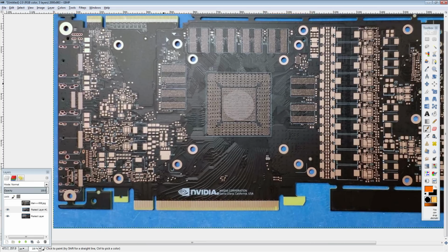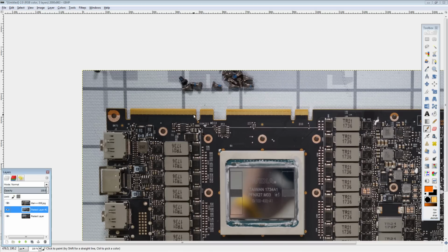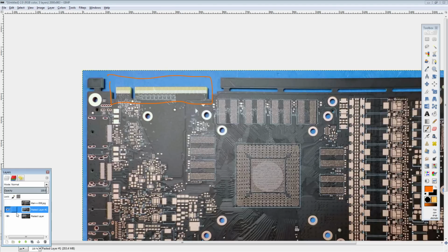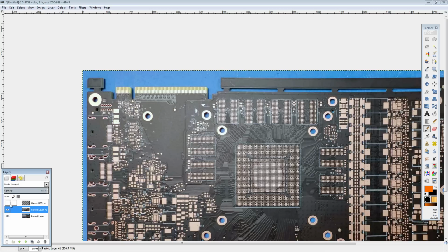Anyway, other than the PCIe slot, we get a messed up NVLink connector. And I'm saying messed up because if you look at the Titan one, you can see that the Titan one looks very different. It's longer. And the other way around, like the orientation is completely different. So that leads me to...